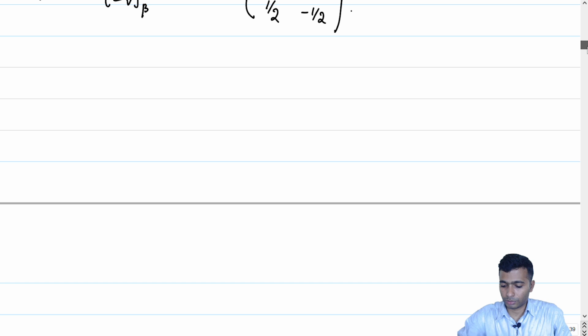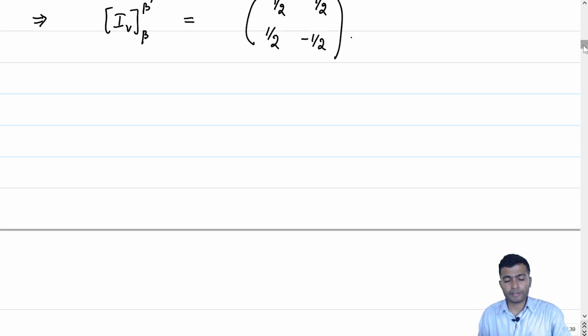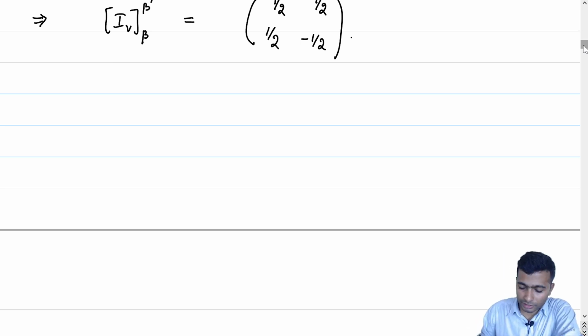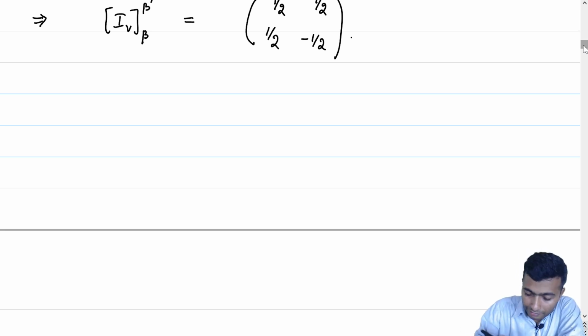That is good. So, let us now see, given an arbitrary vector, by brute force what V beta is and what V beta prime is, and also let us see whether they are related in the manner we have just seen. It should of course be the same, but nevertheless let us have a look at it by brute force.